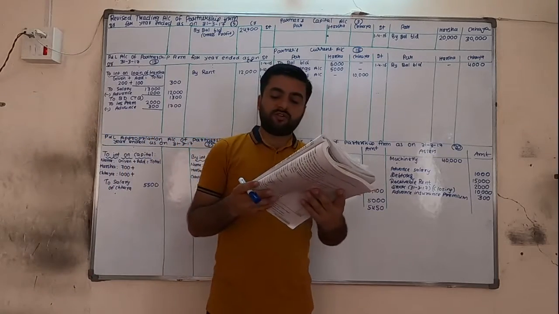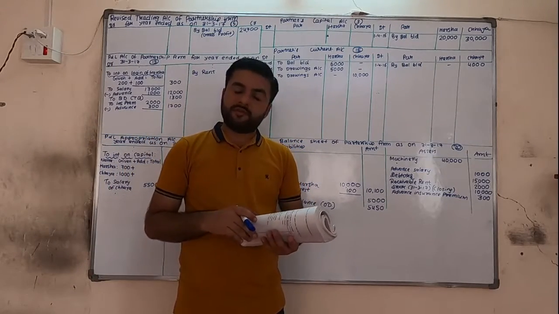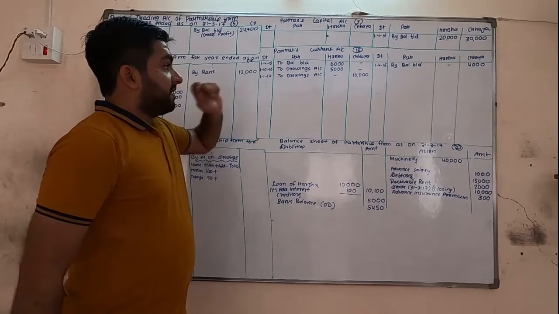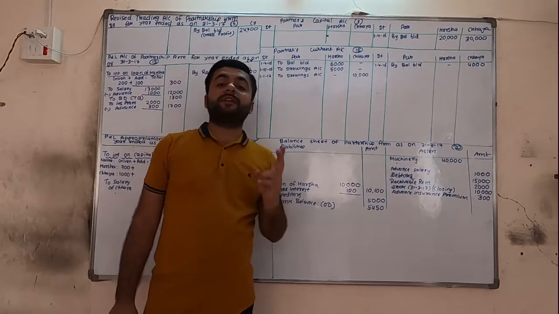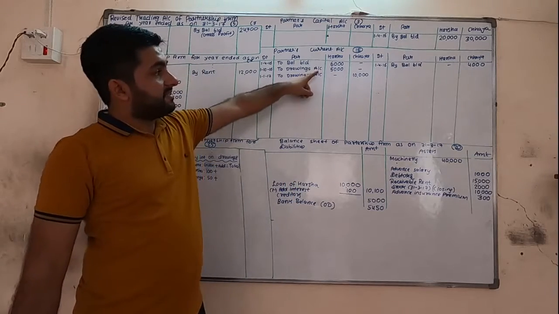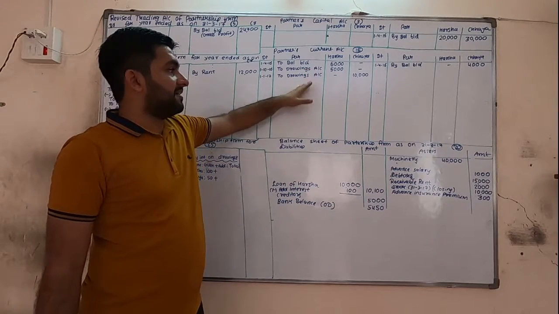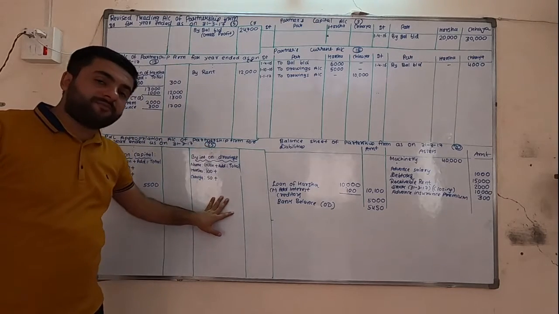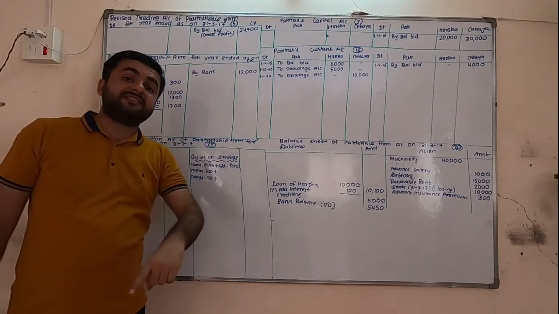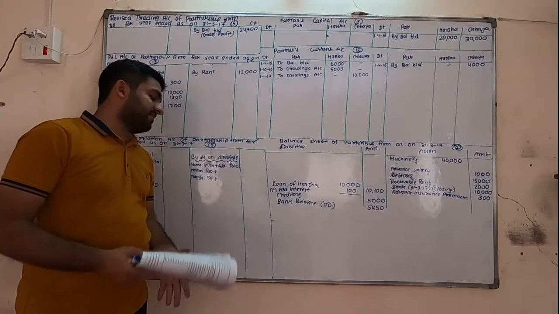Next, interest on current account of Harsha. Now again decide. Harsha has a debit balance, and what are the two effects for interest on current account? As it is a debit balance, first debit side, so debit side of current account and credit side of appropriation account. Now this is given as credit effect, so first write here